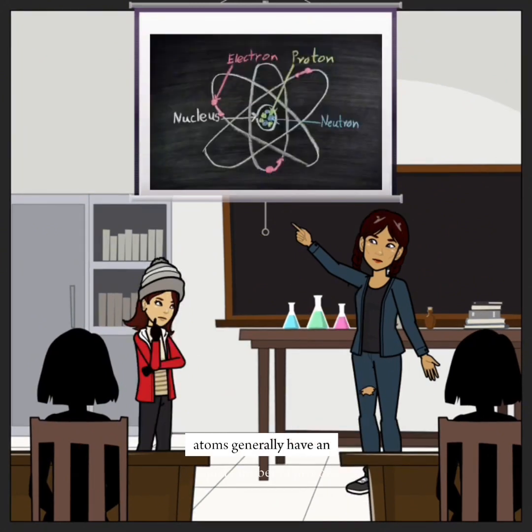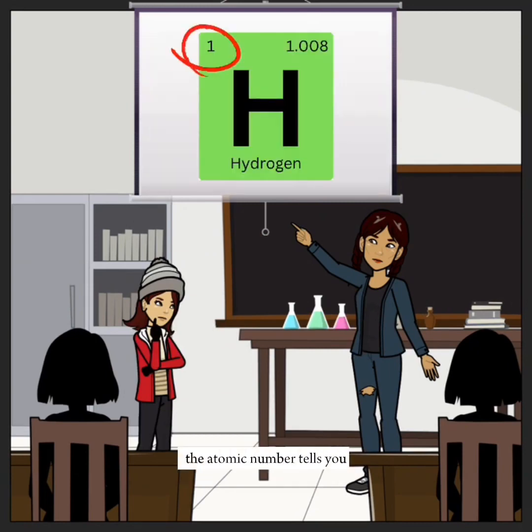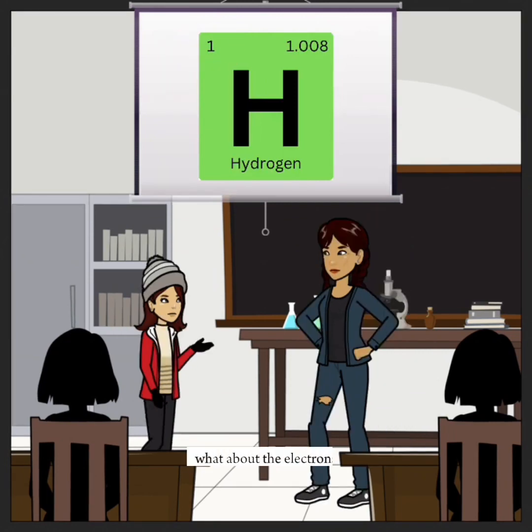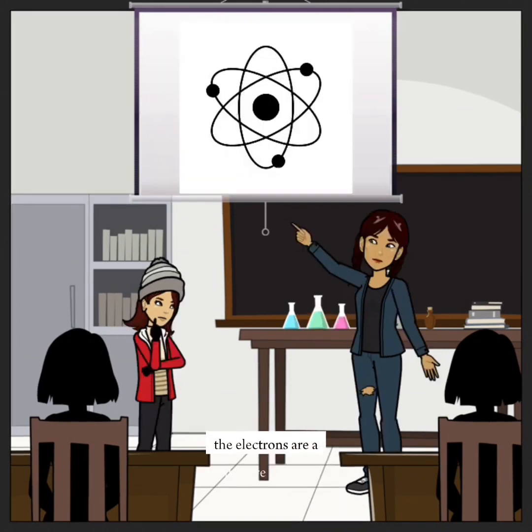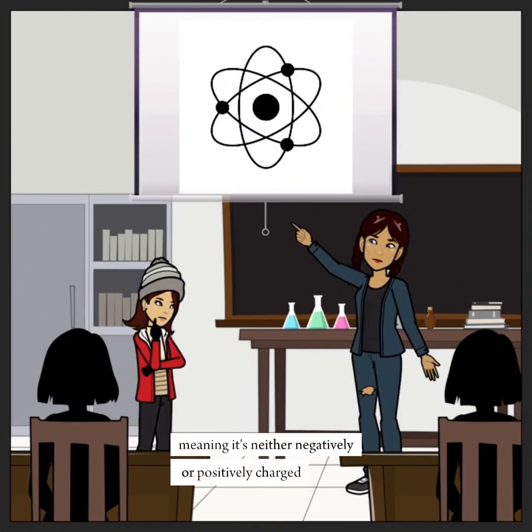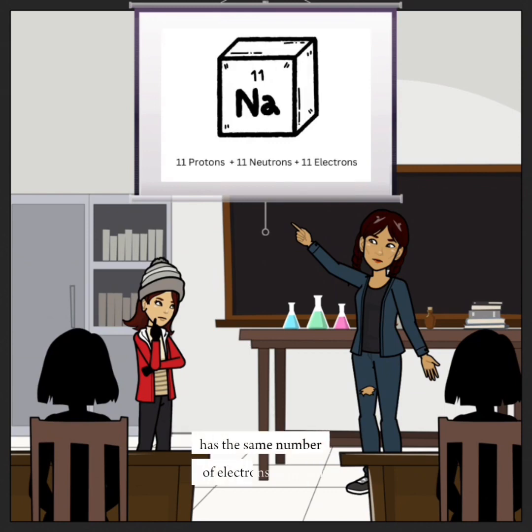Atoms generally have an equal number of protons and neutrons. The atomic number tells you how many protons there are in the nucleus. What about the electrons? The electrons are a bit more tricky. The neutral form of an atom, meaning it's neither negatively or positively charged, has the same number of electrons as